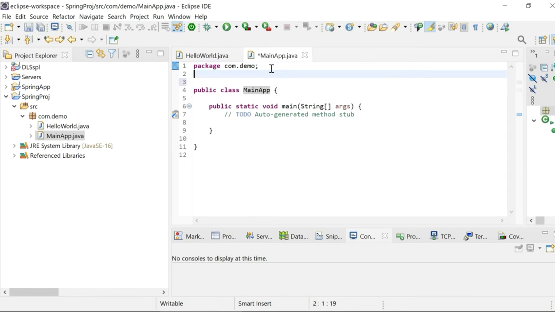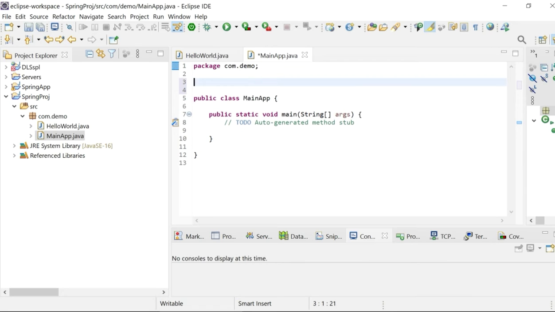Here I'm going to use two types, the ApplicationContext interface and the ClassPathXmlApplicationContext class.